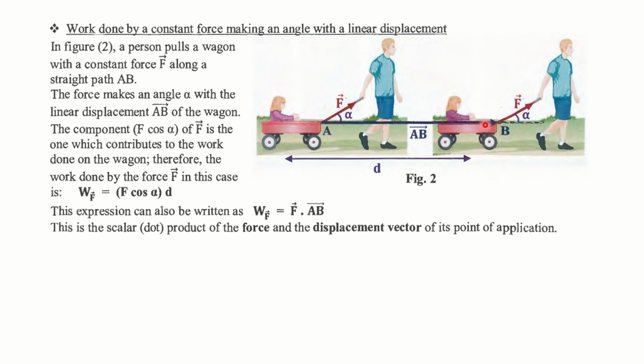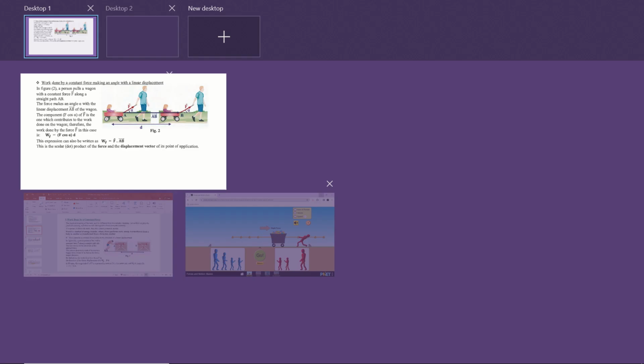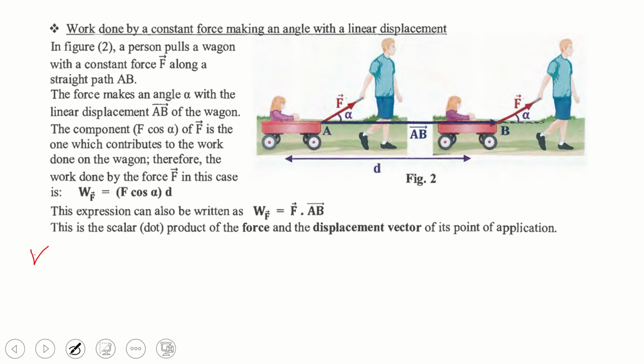Now, if the force is not parallel to the displacement, how to calculate the value of the work done by this force? The work done by a force equals force scalar